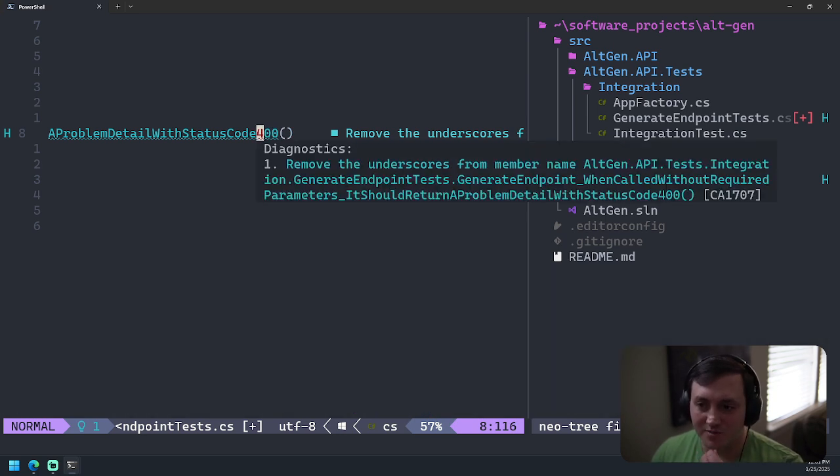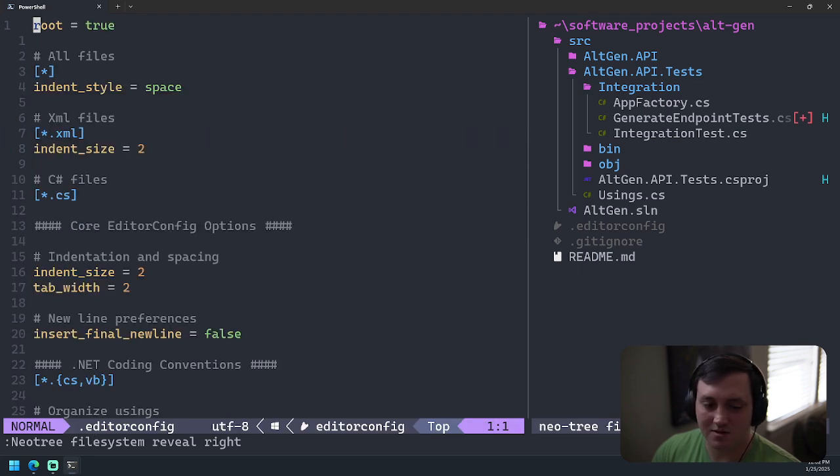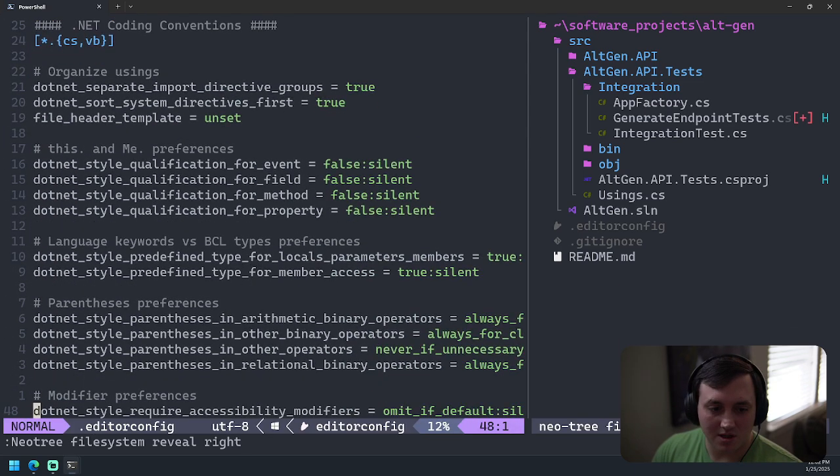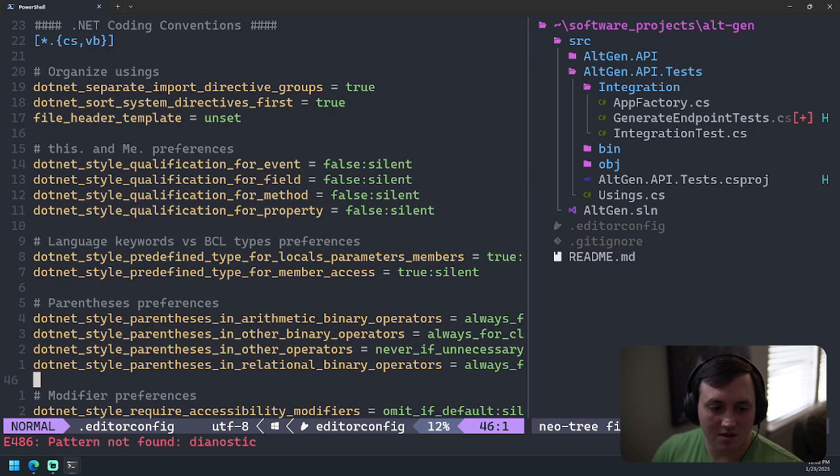Remove the underscores from member name alt. Yeah, I need to turn that off. So let's go to my editor config file. And we'll look for diagnostic. I guess I don't have anything in here for diagnostic.